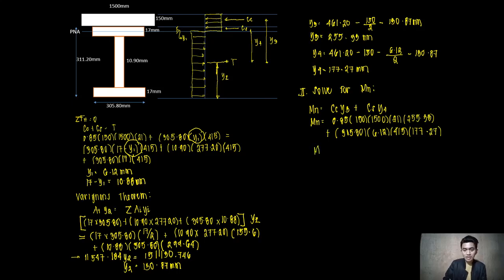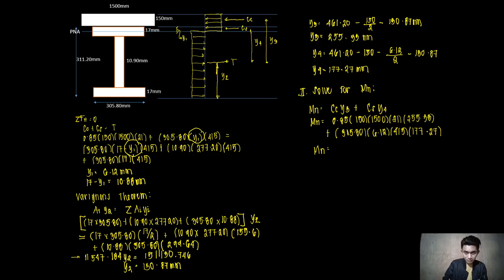Our nominal moment capacity will therefore be 0.85 times 150 times 1,500 times 21 times 255.33 plus 305.80 times 6.12 times 415 times 177.27. We will have here 1, 2, 3, 4, 5, 6,